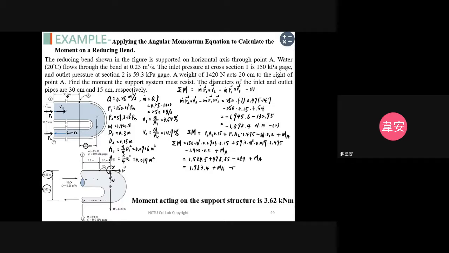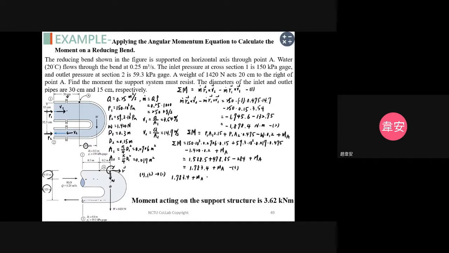This is our equation 3. So we put in the answer, we have equation 2 and we have equation 3 to equation 1, to make the balance. So we have 1783.4 plus the MA